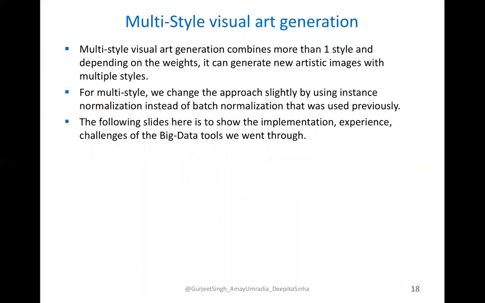Now let's talk about the multi-style visual art generation. In the multi-style visual art generation, we took two style images and combined them to get an output image, and we had to use the content image for getting the output. Here we use the approach of instance normalization instead of the batch normalization that was